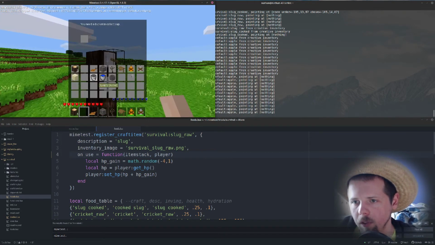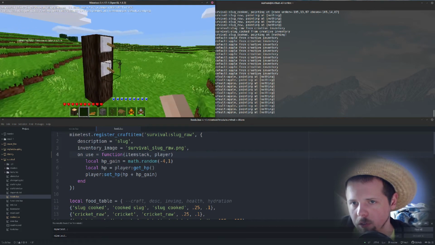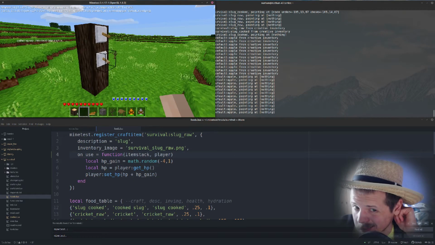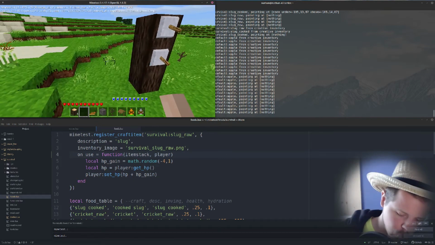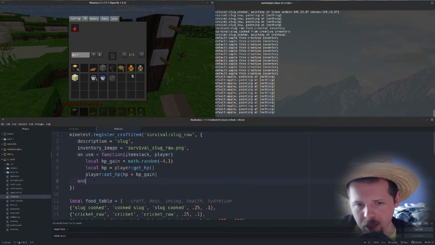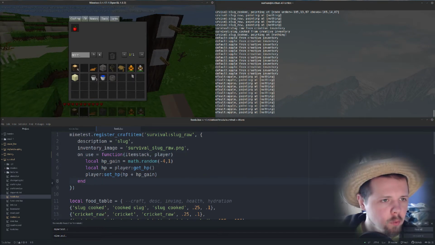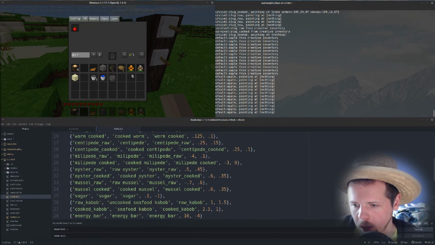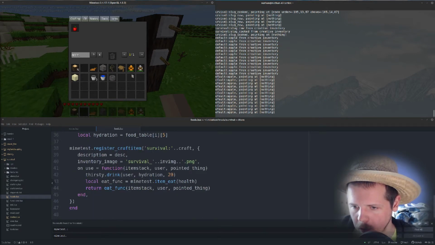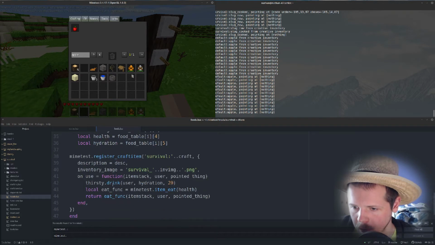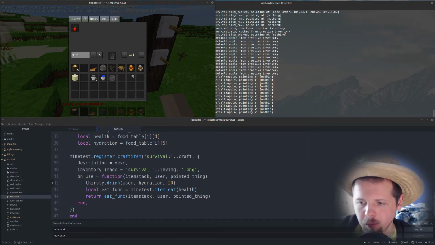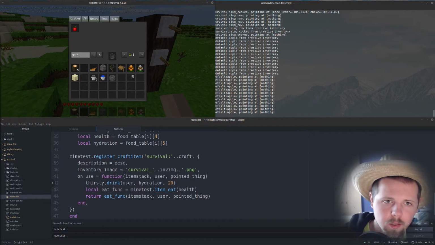Okay, hopefully this is still running after server restart. I think it does. Should. Okay, so what do I need to do to make this thing work? I will go ahead and try. How do we do eat function? Is eat function defined something? Oh, yeah, it is. My test item eats. All right, well, let's